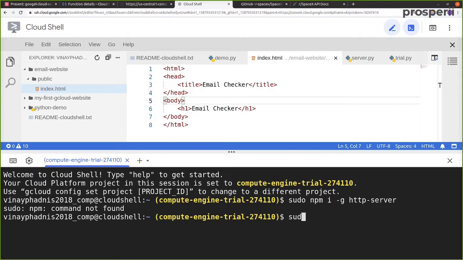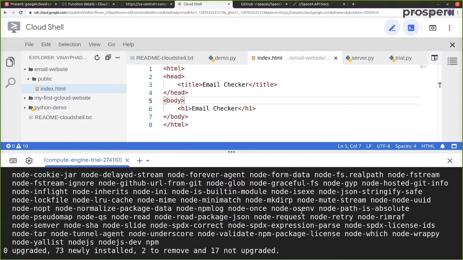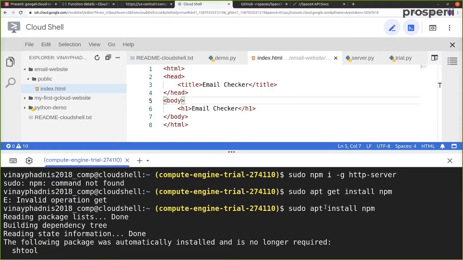So over here what we can do is sudo apt-get install npm. Okay, so over here we are installing npm. So the command is essentially sudo apt install npm.